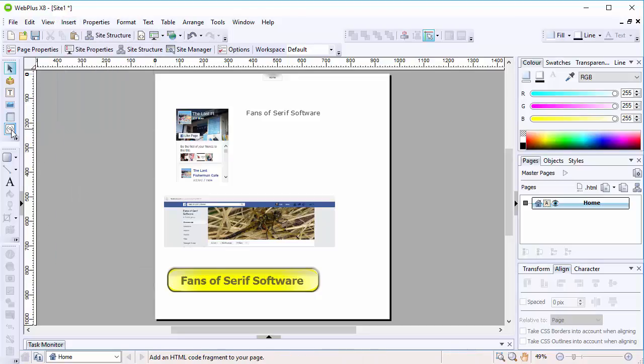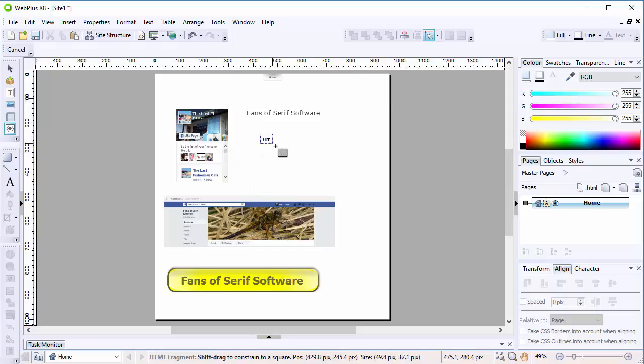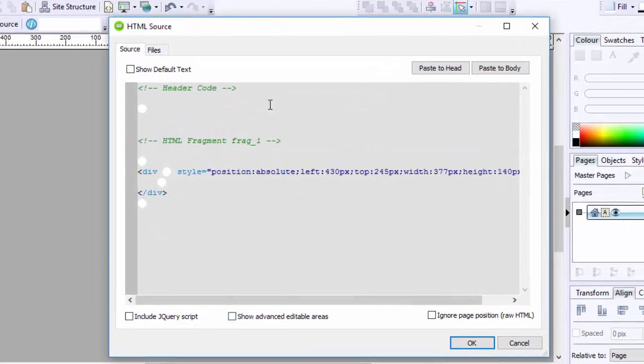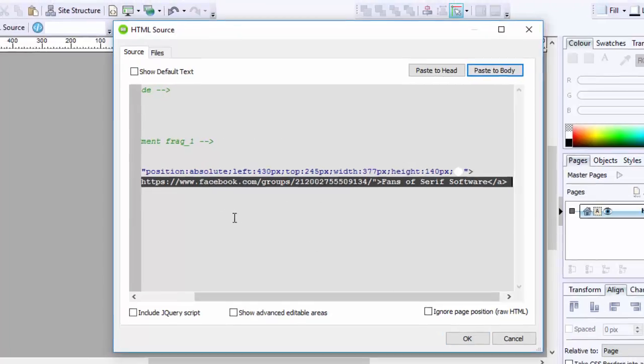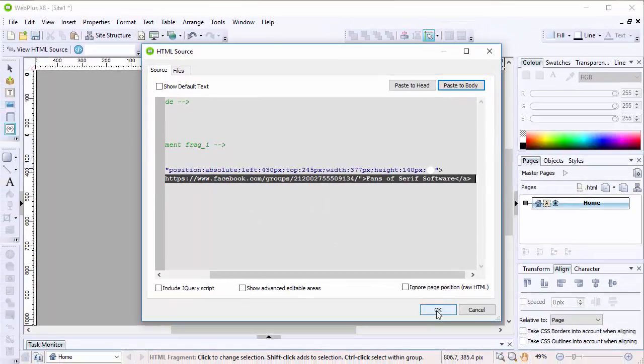But I'm going to use this button here, and once you press that, you have the cursor and it just wants you to make the size of what it is you want to display, and then it opens up this box for HTML source. All you need to do, because you've copied all that information, is paste into body and it will paste that information in. You just click OK,